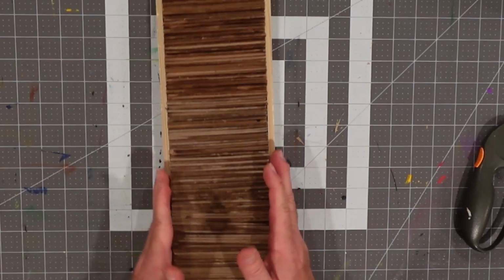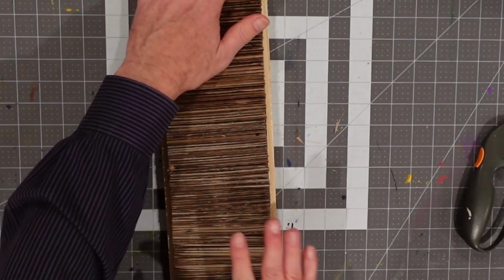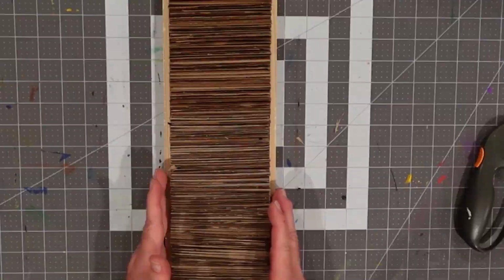All right, and there you have it. It takes a fair amount of cutting, depending on the size of the frame that you're filling. It's a lot more than you might think. There's a lot of cardboard that needs to be cut and processed. And by the way, if you are using a